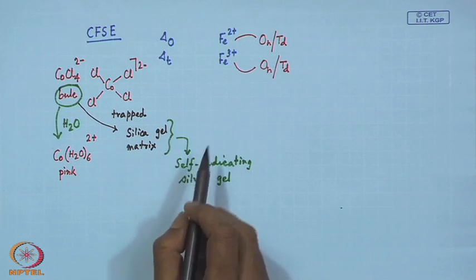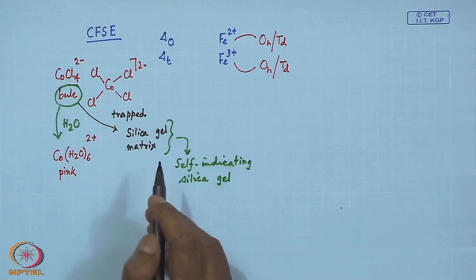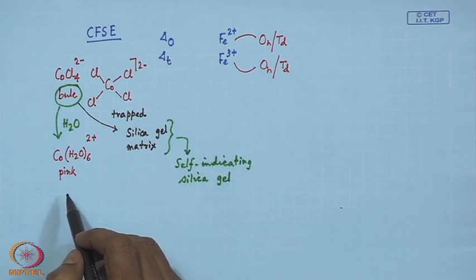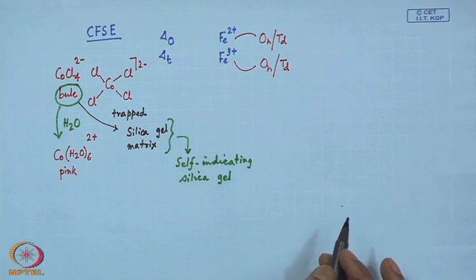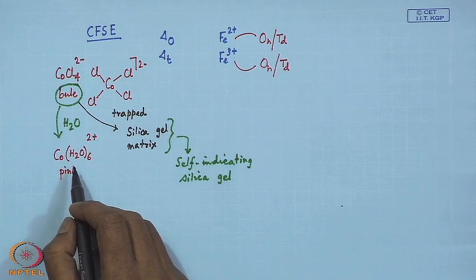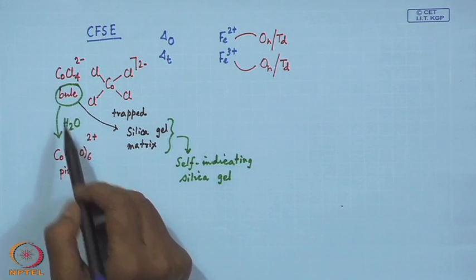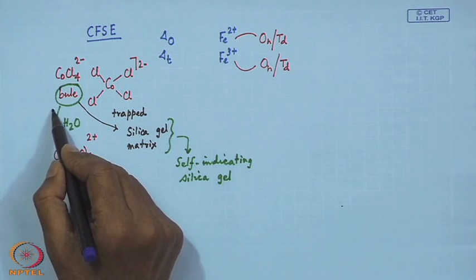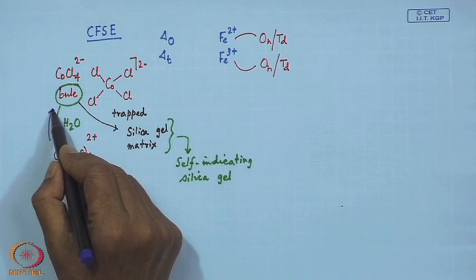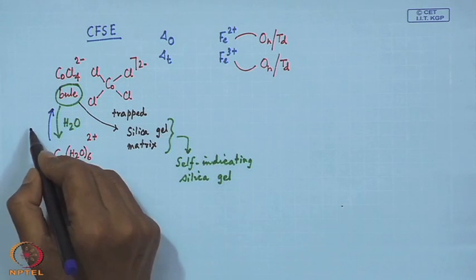So, by simply changing the corresponding environment, we see the corresponding color change, and this is due to again the corresponding crystal field stabilization from one environment to the other, because this particular transformation is reversible, and if